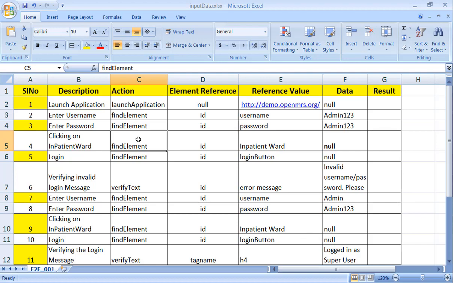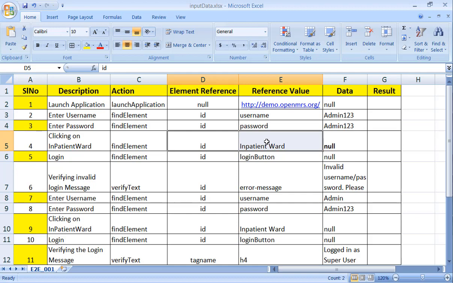We are trying to provide two different methods with the same name. We've overloaded. What is the difference here? When you pass 3 parameters, the find element method with 3 parameters will be called. When I mention 2 parameters, the find element method with 2 parameters will be called. So we have used the polymorphism method overloading concept here to maintain methods with the same name but with different arguments.